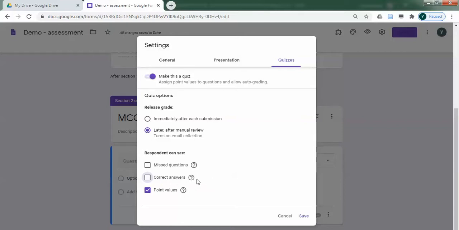If it's just a class test and you want the students to learn the correct answer, then you can enable that. Or the other way is, once the exam is over, you would have anyhow prepared a Word document with all the MCQs. You can just simply share that with the students. Okay, so with all these things, I will give the option of save.